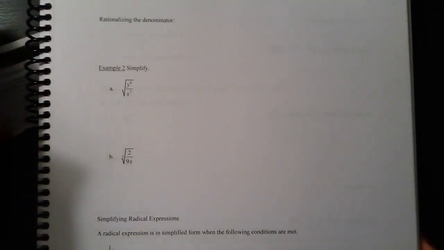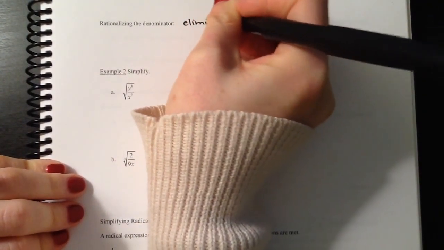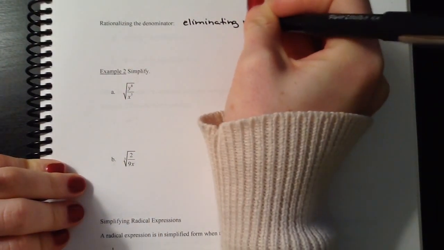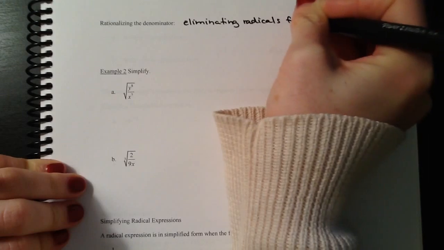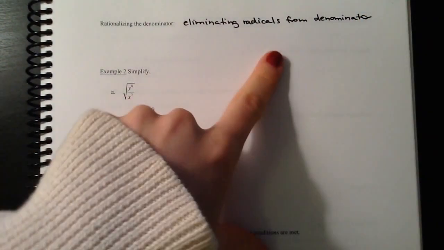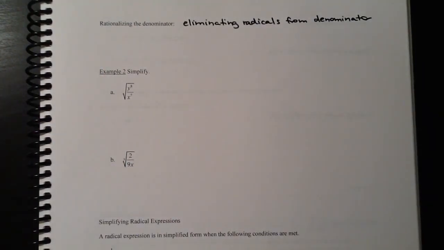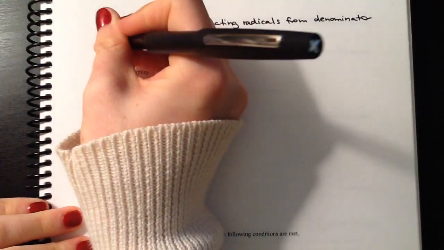And this is kind of a tricky concept, so we're going to go through a couple of examples slowly here. So rationalizing the denominator, basically we're trying to get rid of radicals from a denominator, okay? So this is the process of eliminating radicals from the denominator. And if something still has a square root, remember that's irrational. So this is literally the process of making the denominator into something that is rational rather than something that is irrational. That's just kind of one of those rules that we have, as we are not allowed to have radicals, square roots, cube roots, etc. in the denominator. Okay, so the way this is going to work, to actually rationalize the denominator, what you're going to do is multiply the numerator and denominator